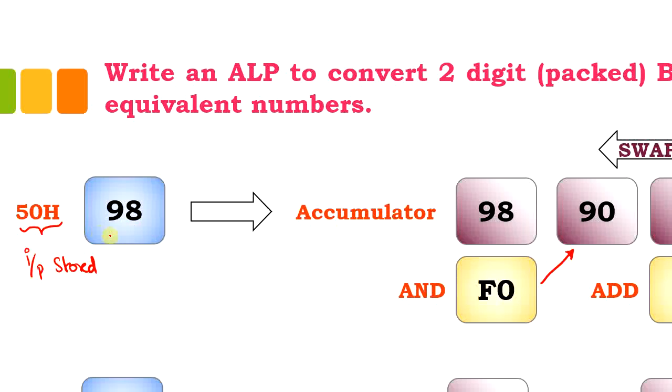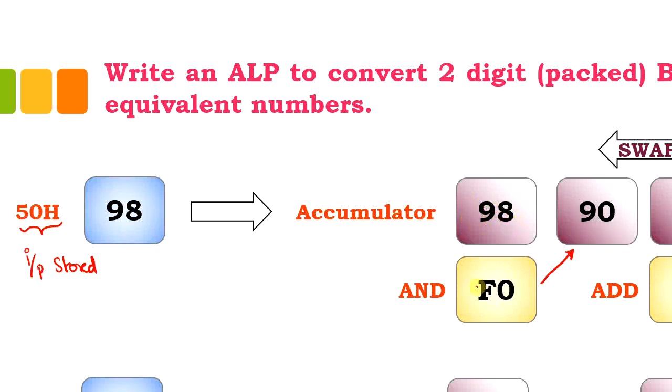I have two operations to be performed, once on the upper nibble and once on the lower nibble of my input data. So that is why you can see these are considered two separately. So first I am performing the operation on the upper nibble. What I have here is that whatever input is stored will be considered and pushed to the accumulator.